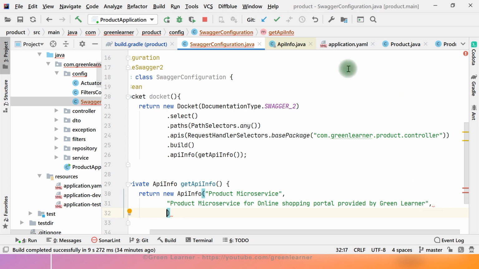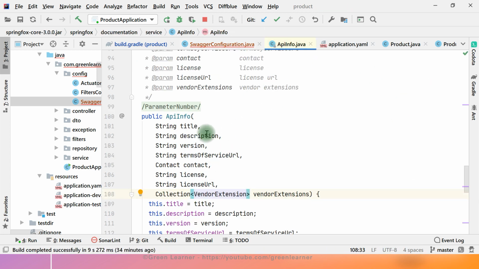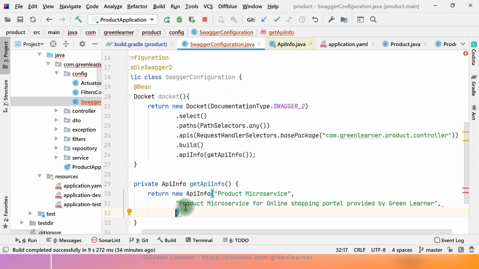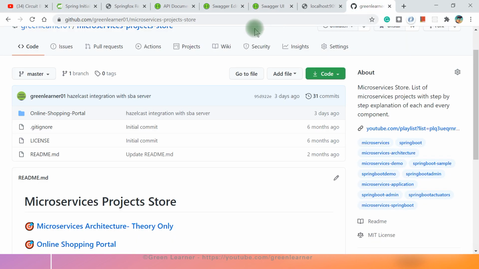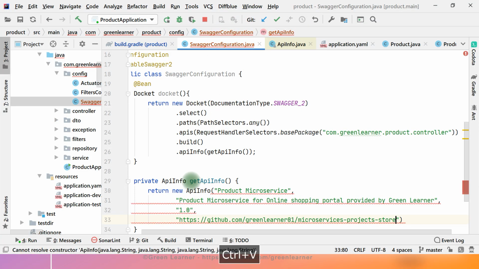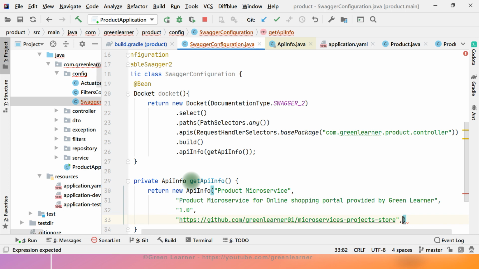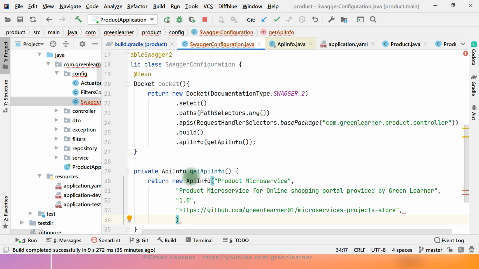And the third information, what is that? Coming to the API info, we have this version and terms of service URL. So version, let's say it is 1.0, and for the terms of service URL I can just give some dummy URL. So let's give the GitHub directory here. And then we have to pass the contact information.